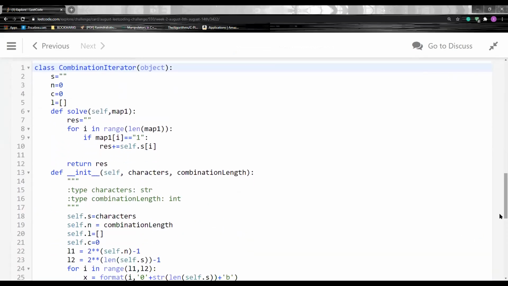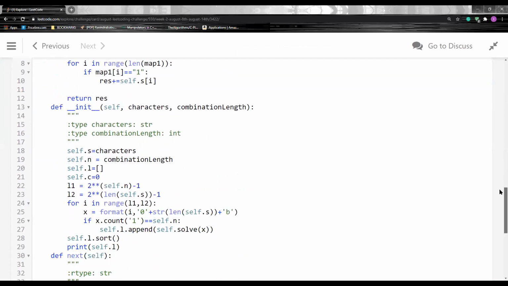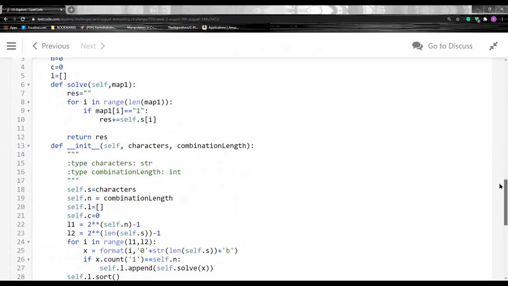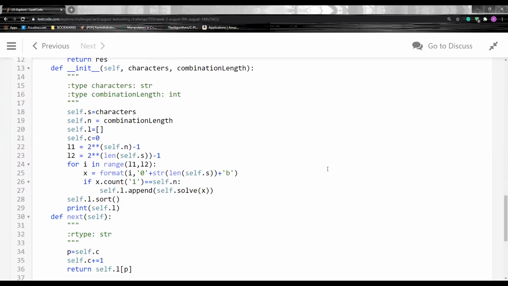What I have done is I have created a string s, n, and c equals 0, and an empty list to store all the combinations, and c is the pointer that I have already explained. In the initialization, I have initialized all my variables, and I start, instead of from zero, from the least possible number which has the given number of ones.